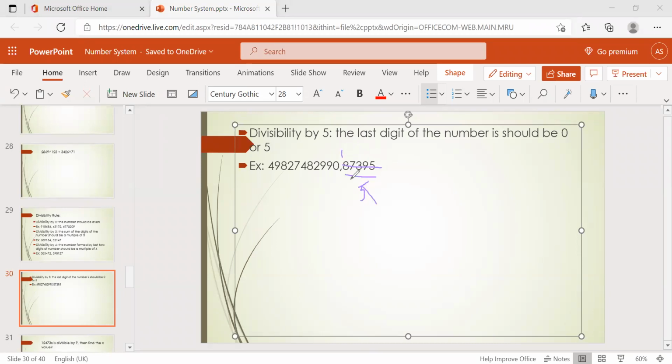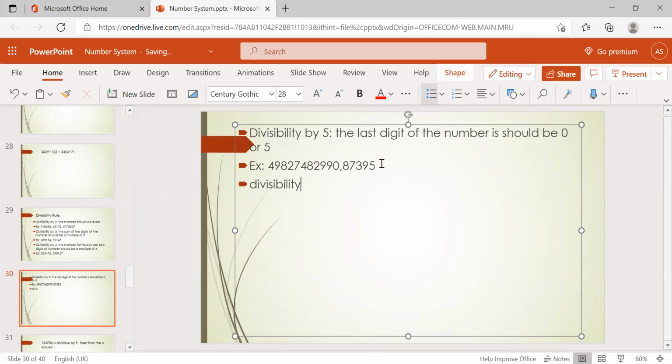5 ones are 5, 5 sevens are 35, and 23, 5 fours are 20, 5 nines, and so on, like this. So whatever the number, if it is ending with a 0 or ending with a 5, you can divide that whole number by 5. Okay, now the next divisibility rule, of 6.